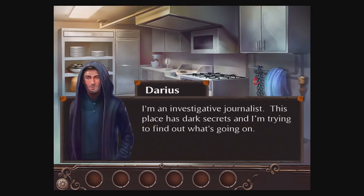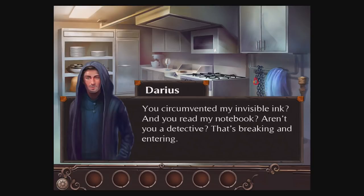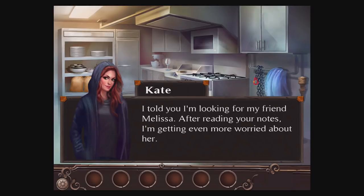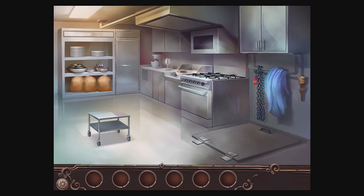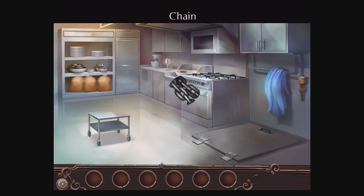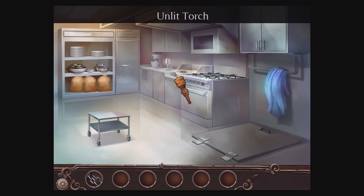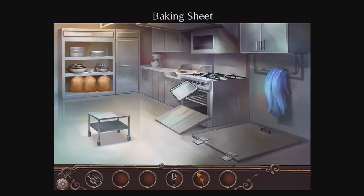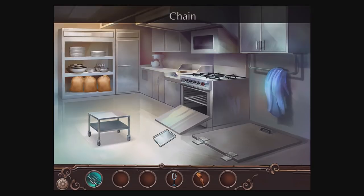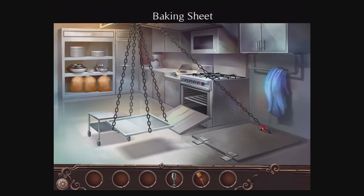Darius is here. Okay, so take the chain and the unlit torch, also the glass, the wine glass. Open the oven to get the baking sheet, and now place the chain on the handle, attach the baking sheet,